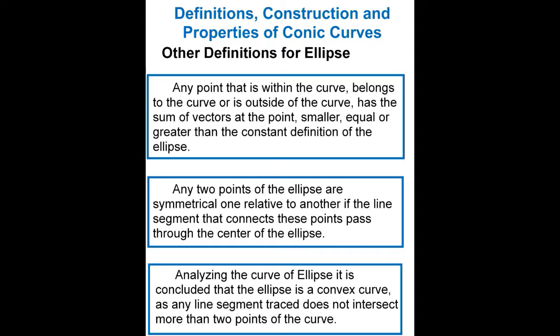The third definition says that by analyzing the ellipse curve, we conclude that the ellipse is a convex curve. Any straight line segment that doesn't cross more than 2 points on the curve